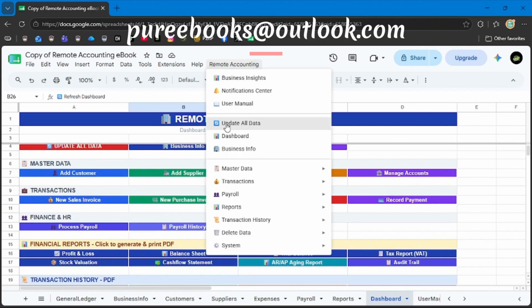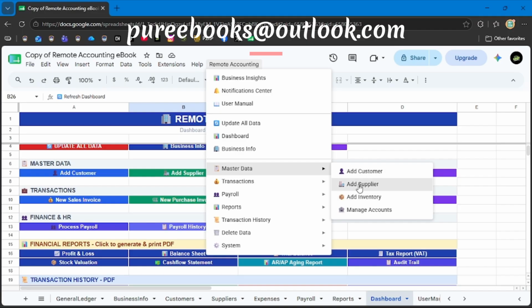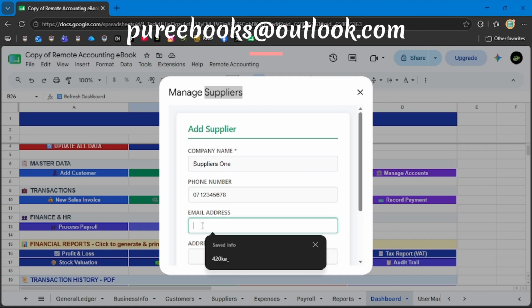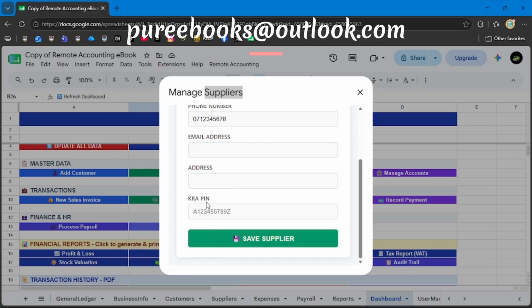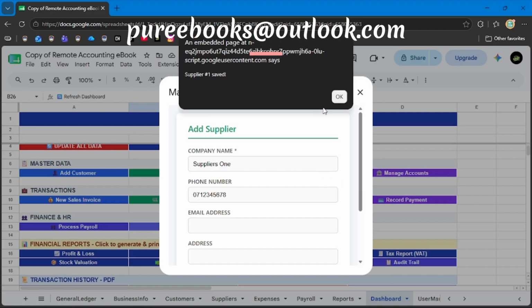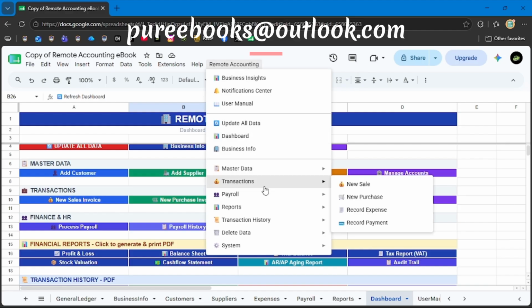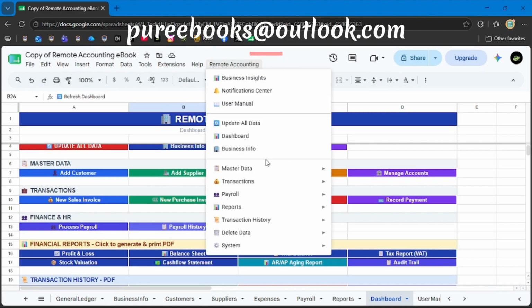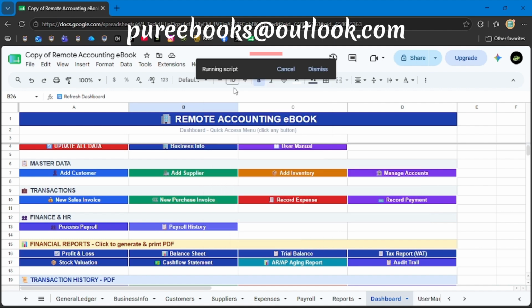So let's go again and make one supplier. Let's add supplier 1. Phone number, let's just put any number. Email address and KRA PIN. Then you save. Let's add another one, a customer. Let's add customer 1. No, that's a dismiss. That's not a supplier, but let's add one customer and one bank account or 2,